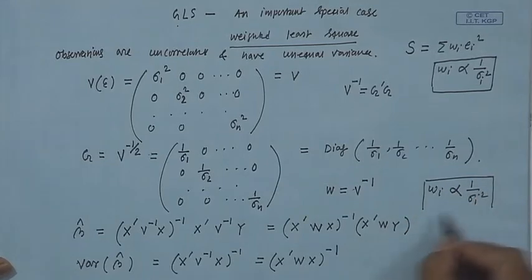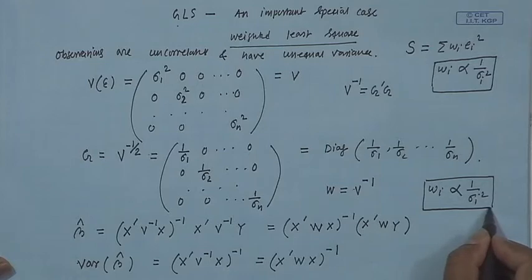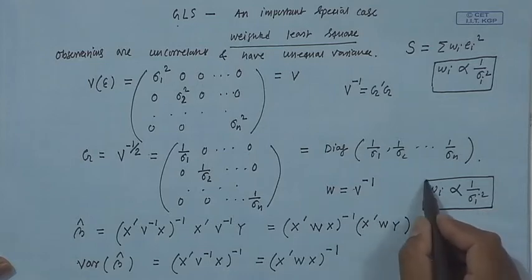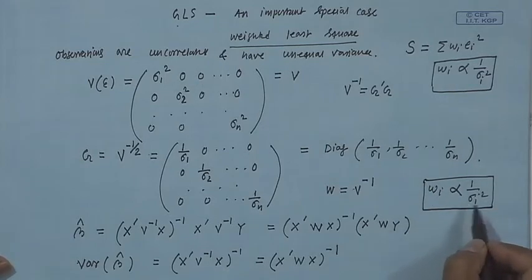So, I explained this part, but still I need to explain one more thing. I explained why this weight W i is proportional to 1 by sigma i square, but I will explain